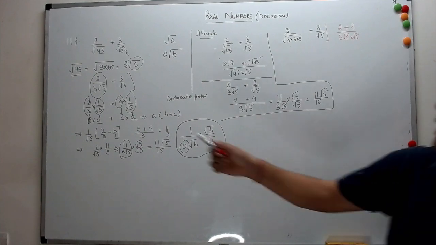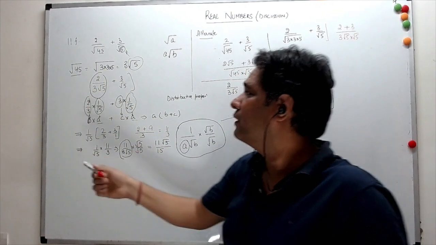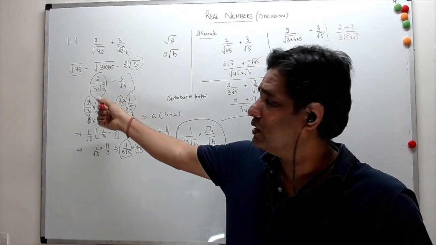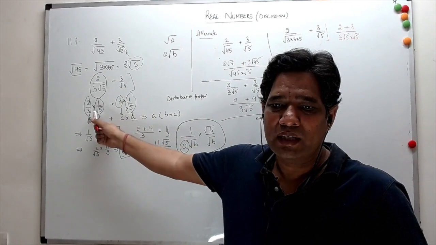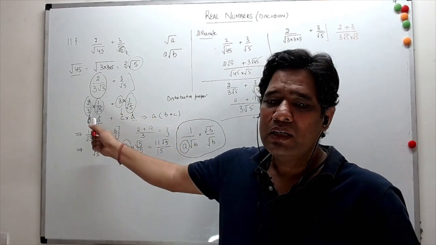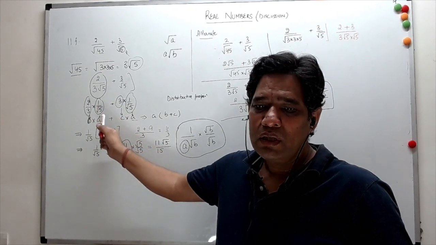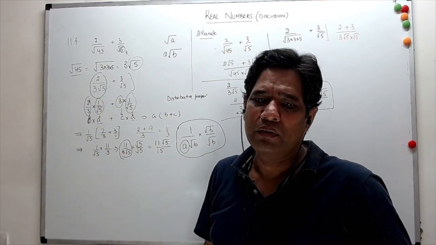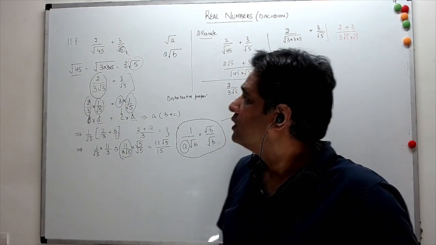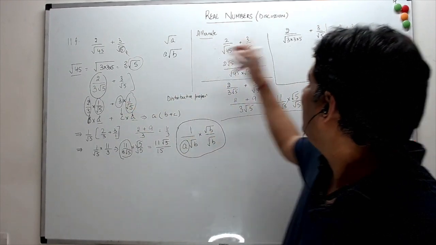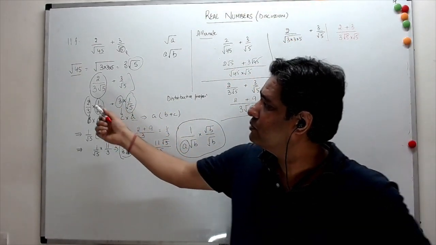If √5 is common, it's not actually √5, it is 1/√5. If you look at it, it is in the denominator. We have split it like this to make it clear that even if you take it common, it's not √5 which is common, it is 1/√5 which you are going to take as common. Okay, now I got it. So I think this step may have gone wrong. And again, I tried to make it as simple.